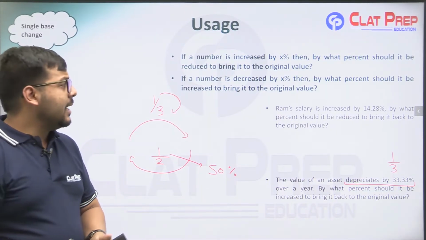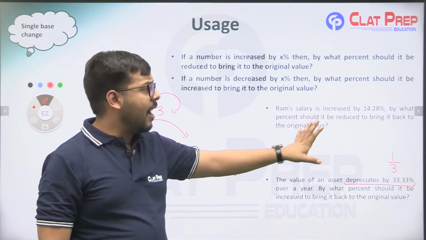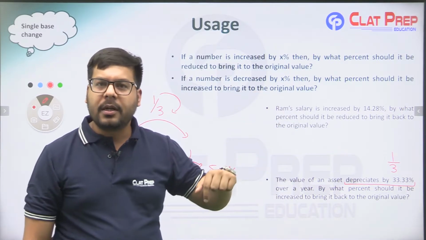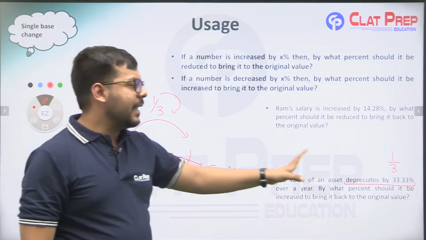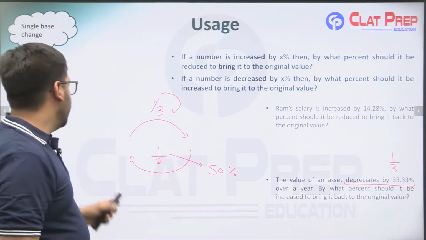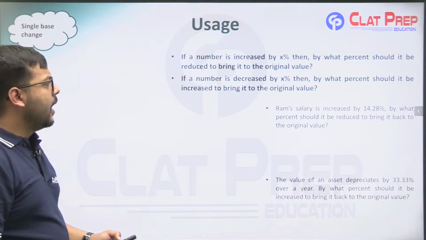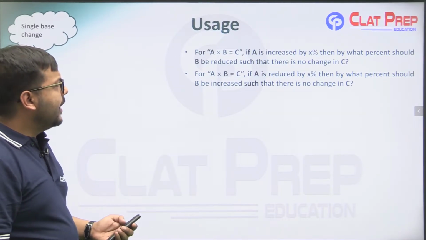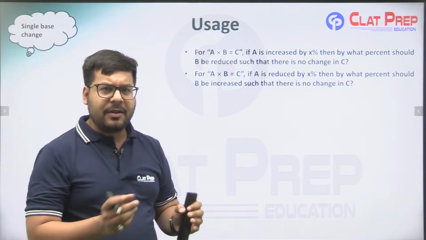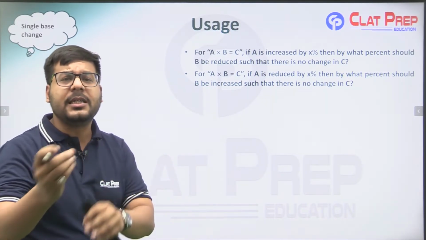Okay, so you can see in such questions asked in various exams, all you have to do is change it into the fraction form, and if it is saying increasing, add the numerator to the denominator, or if it is saying decreasing, subtract the numerator from the denominator. Okay, let's look at a few more usages of this simple concept. Let's suppose it says that A into B. Now this is a simple situation wherein such language is used where A into B is equal to C.